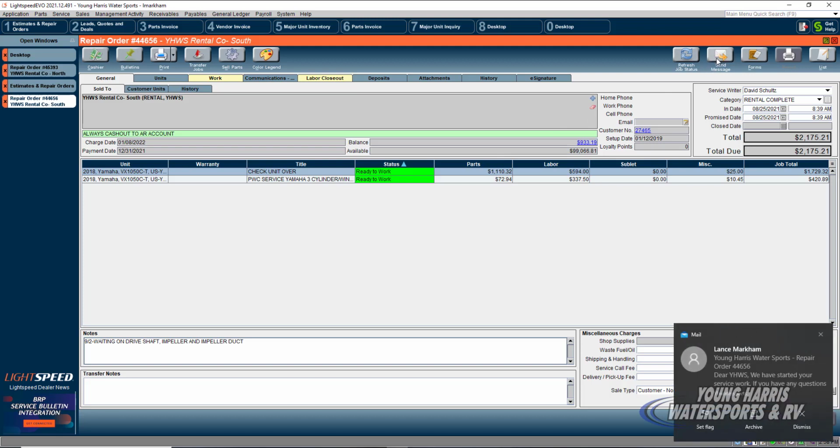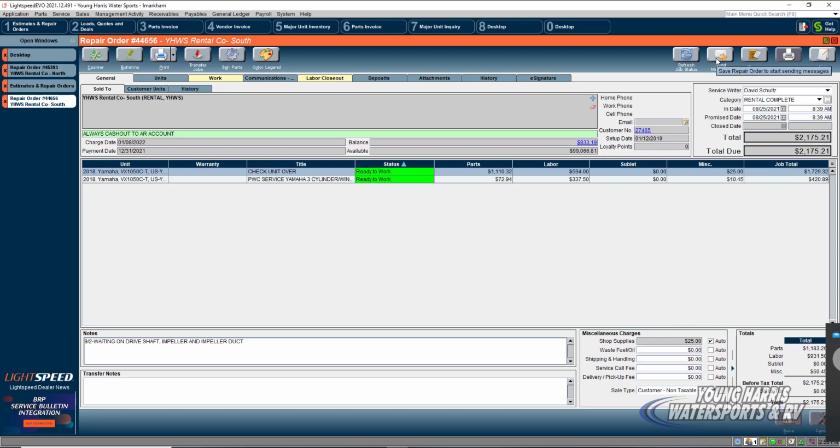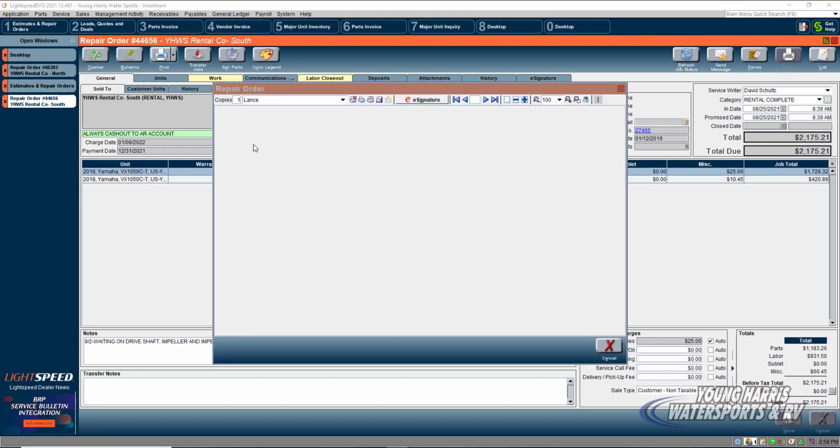I always recommend that before you ever send a repair order to somebody, always see what it looks like. This little print button here has a little arrow with a drop down. You can go to customer detail. This is typically what we send. And then you can pull up and see what it actually looks like prior to sending it. It's always a good idea to make sure that